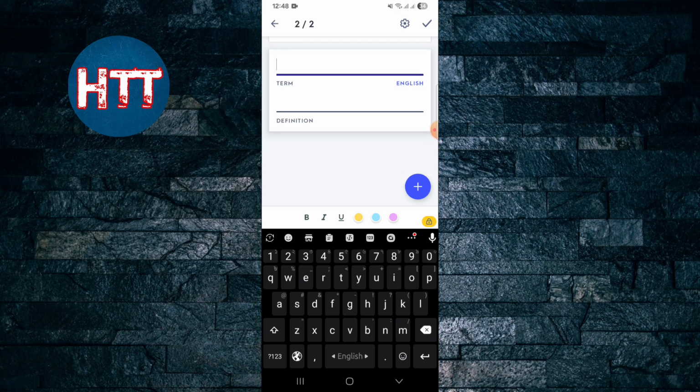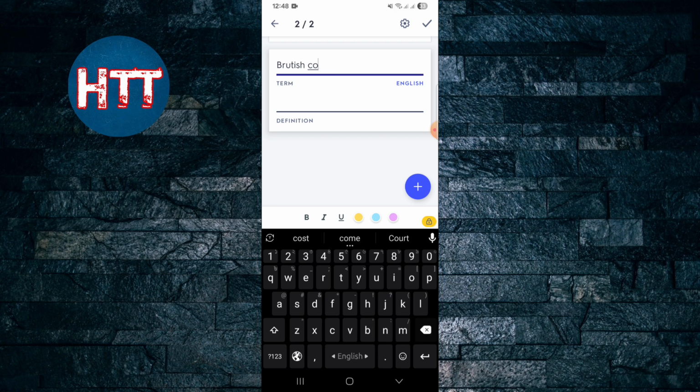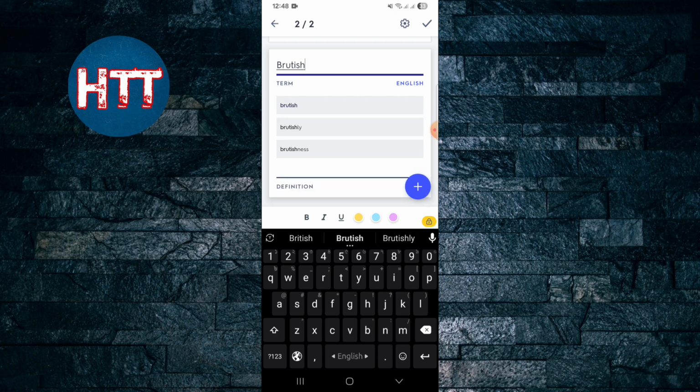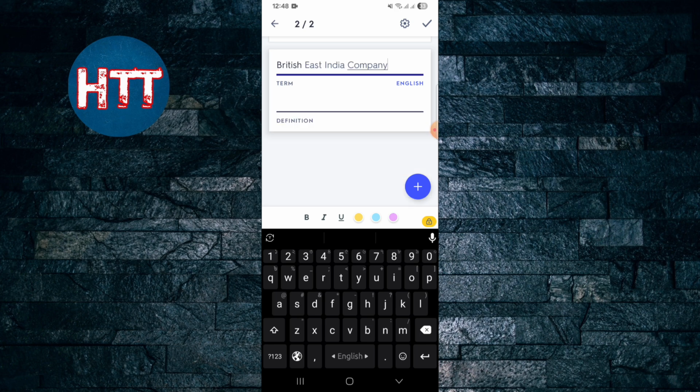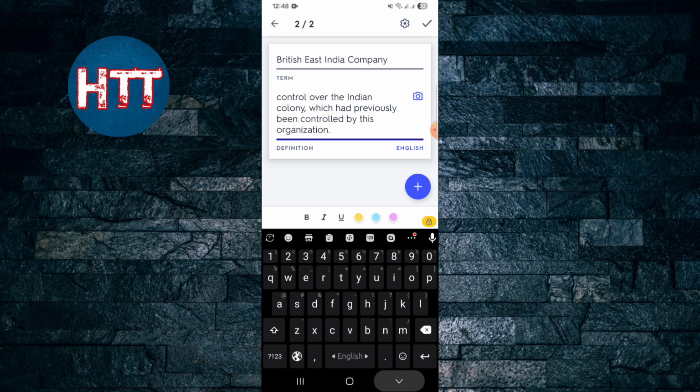Again, you have to give at least two terms. British colony. Okay, just a spelling mistake. British state. I'm just going to give randomly. If you tap here, okay, and after that